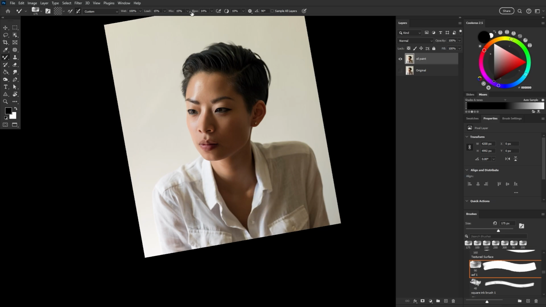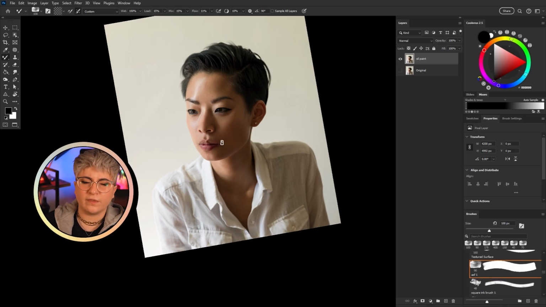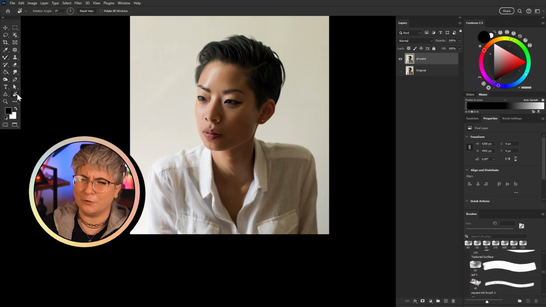But if the effect is too strong or the colors are mixing and looking a little too muddy, then you'll want to decrease that flow setting. Right now, I'm just focusing on smoothing the skin and adding a subtle amount of texture. You want to paint in one consistent direction, not back and forth. And also really try to follow the image's natural shapes, shading, and lighting, or else things again can start to look really muddy and just blurry.